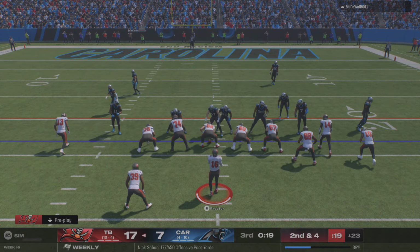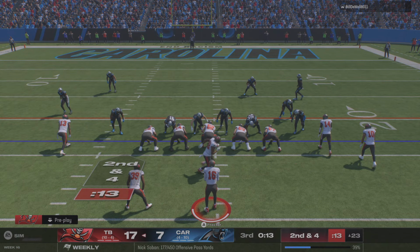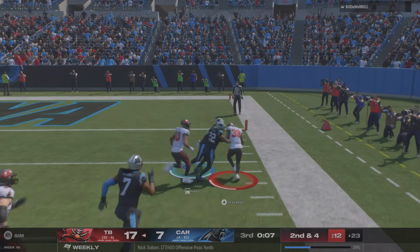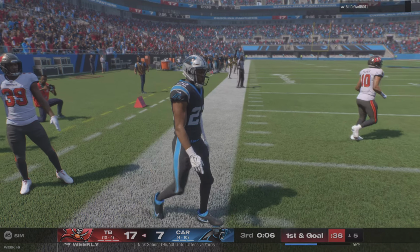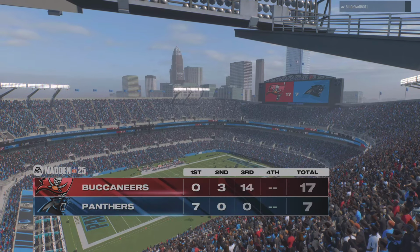They'll come up now for 2nd down and 4. They send the tight end in motion. Now a handoff running right. Into space. About 19 yards on that one. And they're in business. It's 1st and goal. It's too early at this point, Mike, to really start thinking about the clock. You definitely don't want to go into a...